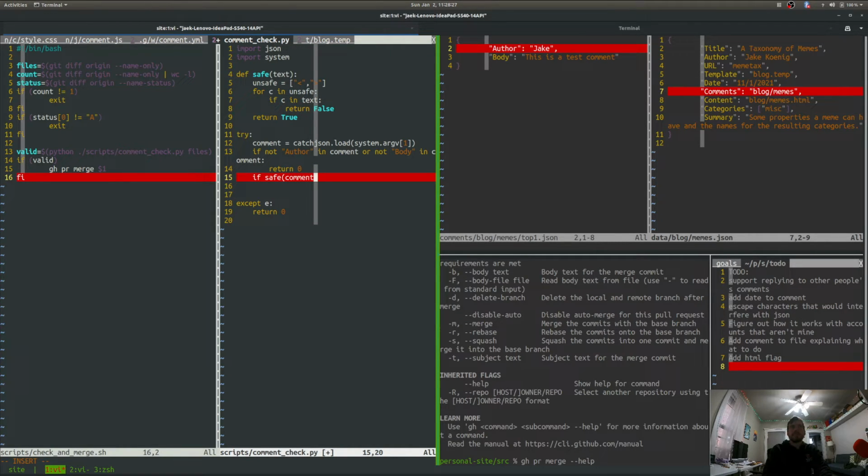Comments. I guess I want to make sure there's not more things than these two in comment. So if the length of comment.keys is greater than 2, we'll return,